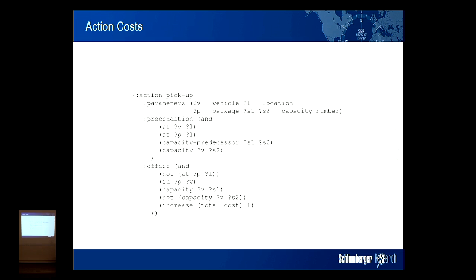Okay, so if we're looking at the particular thing for NLOCM, we're learning domains with action costs. Okay, so I'm going to show two operators that include action costs. I mean, we all understand what they are, but just to point out that this first one is a pickup action in the trucks domain, and it has a constant action cost, right? So it relies just on this value 1.